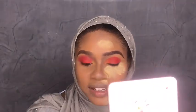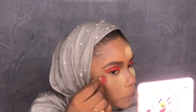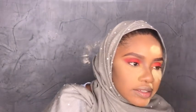I'm using Sacha Buttercup setting powder. So you see how I did the highlight? You're not supposed to do that. What you need to do right here is put it very precisely and make sure you blend it, especially the edges. Make sure you blend it out like that. Then for the nose highlight,